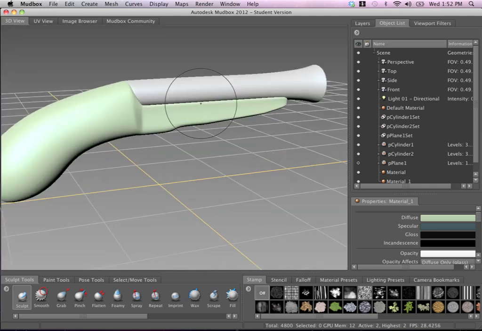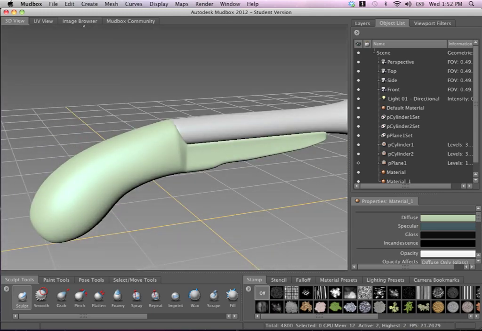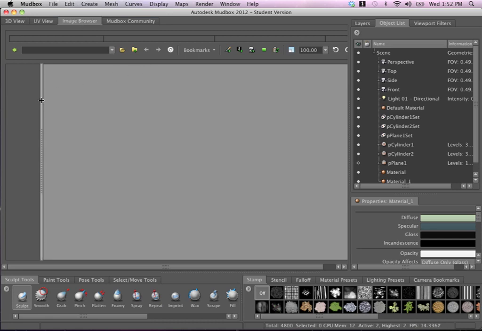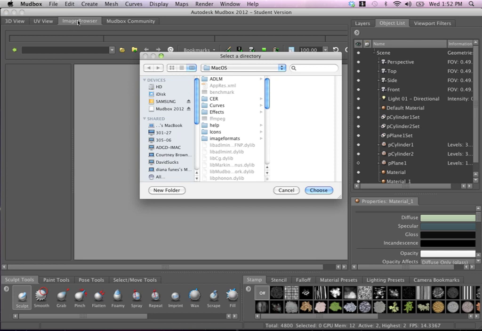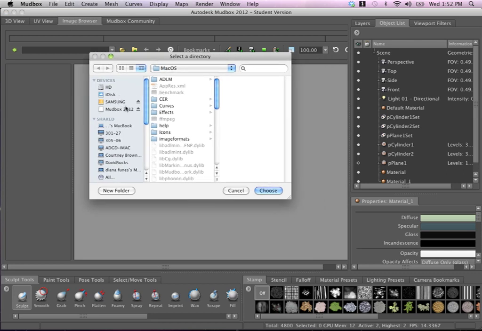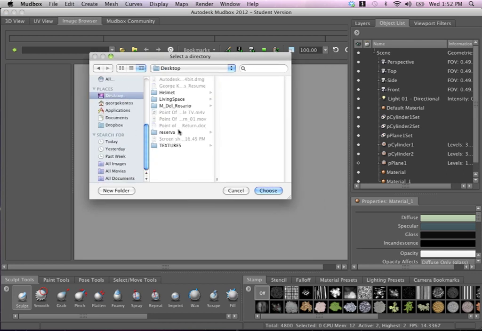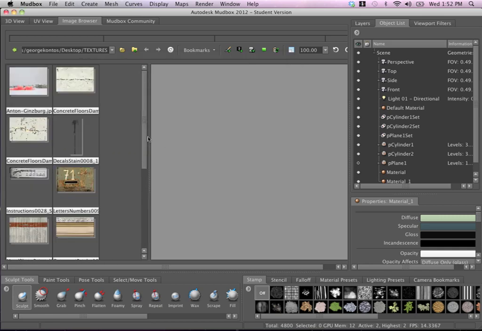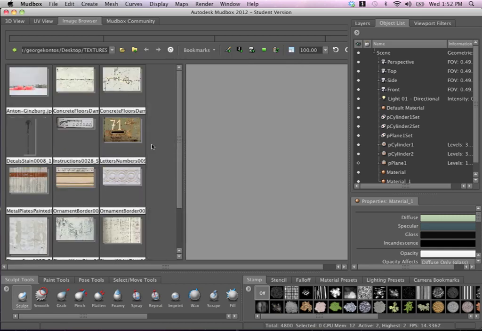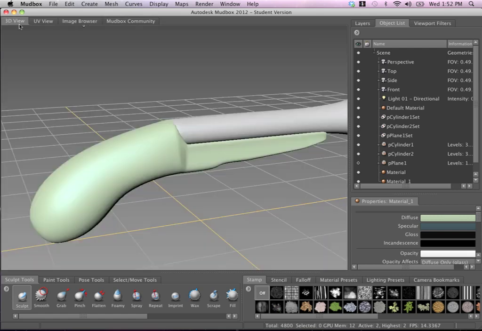Okay, so I'm going to go ahead and load some image files here. I'm going to this image browser area, and I'm going to select a directory from the desktop. I have a textures folder. I'm going to select that directory and choose. So here we have a bunch of textures. I just loaded these images in my browser in Mudbox. I'm going to go back to the 3D view,